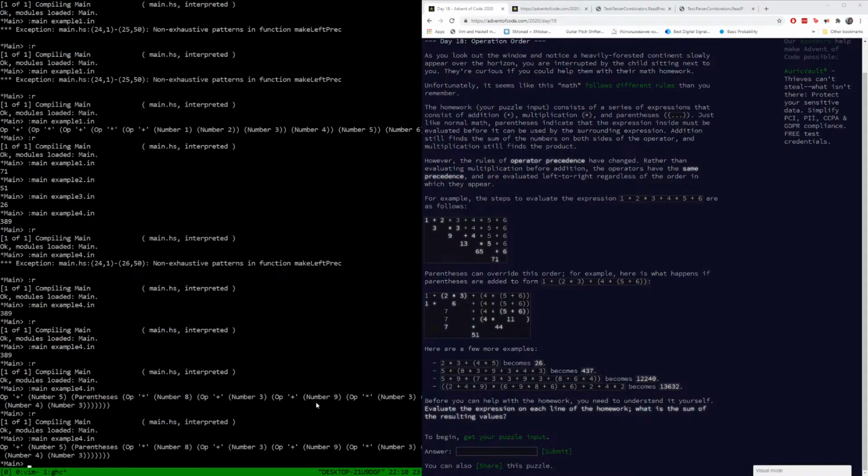Operator multiply is about 8. No, it should be about 3. Yeah, for some reason make left precedent doesn't happen for